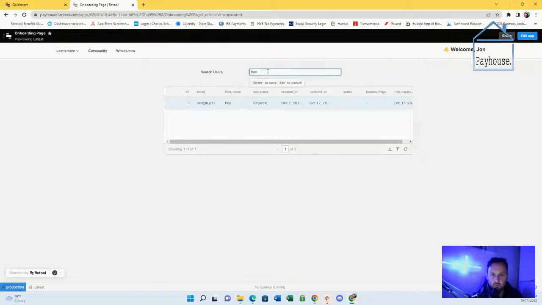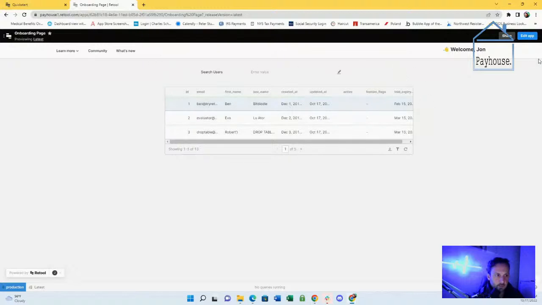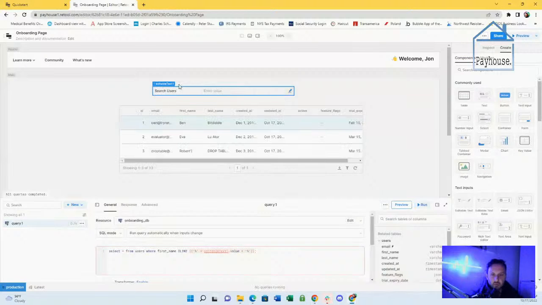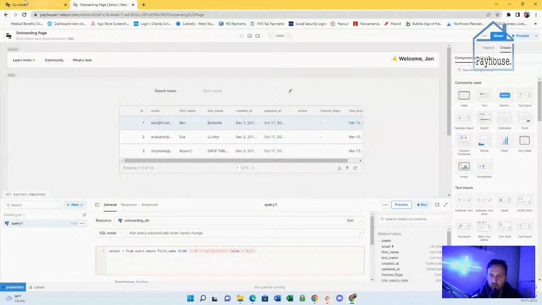All right, let's go back to edit app here. The previewing system is kind of similar to Bubble also, right? You can go into preview mode and then toggle back and forth between preview and edit mode.